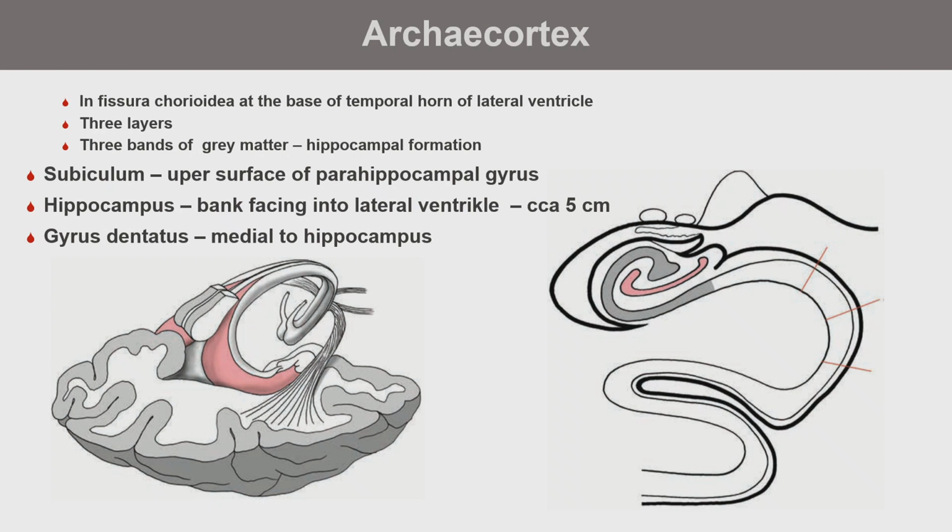Archaeocortex. Archaeocortex is a very old part, but it's original cortex which is able to associate the emotions, associate the functions also of the inner organs from motion and other information taken from the body. So then it is association of external and internal stimuli, and we have 3 structures which are archaeocortical: subiculum, hippocampus, and gyrus dentatus. When we look at those strange images, this is cortex,